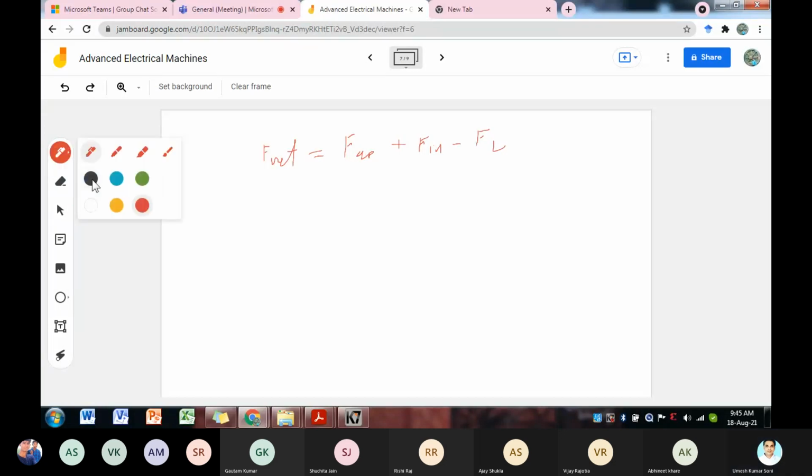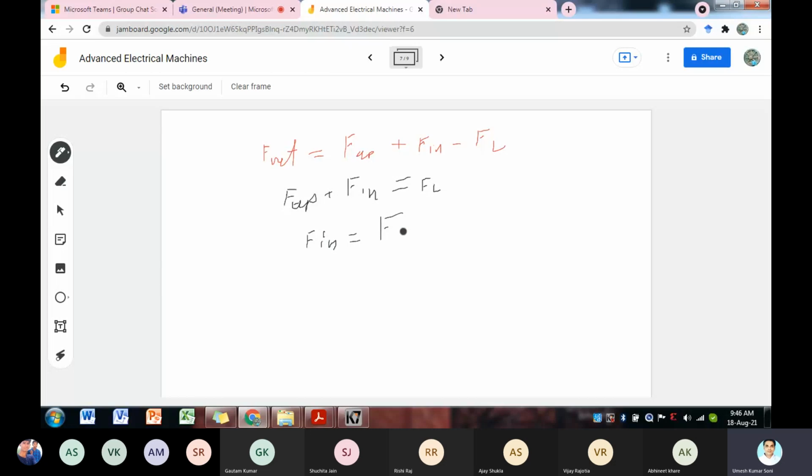स्टेडी स्टेट कंडीशन में हो जाएगा, यू कैन सी हियर, F applied प्लस F induced इक्वल टू F L और F induced इक्वल टू F L माइनस F apply। ओके, F apply हो जाएगा। तो आप नोट करते रहिए चीज, ऑल ऑफ यू प्लीज नोट इट। ठीक है, तो F L माइनस F apply, अब इन दैट केस ये इक्वल टू कितना होता है,